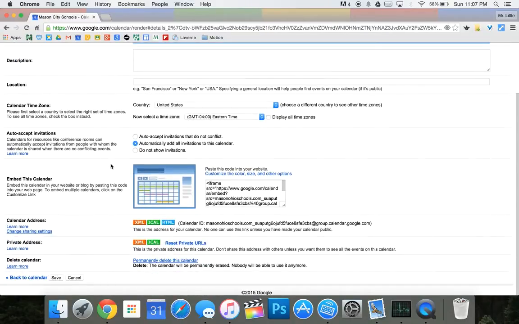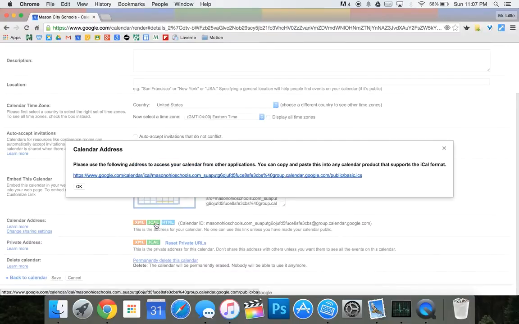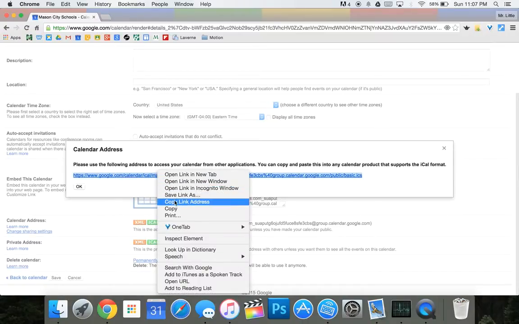Now, there are a lot of options, and this looks a little bit scary, but really you're just looking for the line that says calendar address. And Google Calendars are all iCal, so the link that you're going to need for your kids to subscribe will be iCal. You'll click this little green button, and there you are going to get a link. So you will need to copy this link,